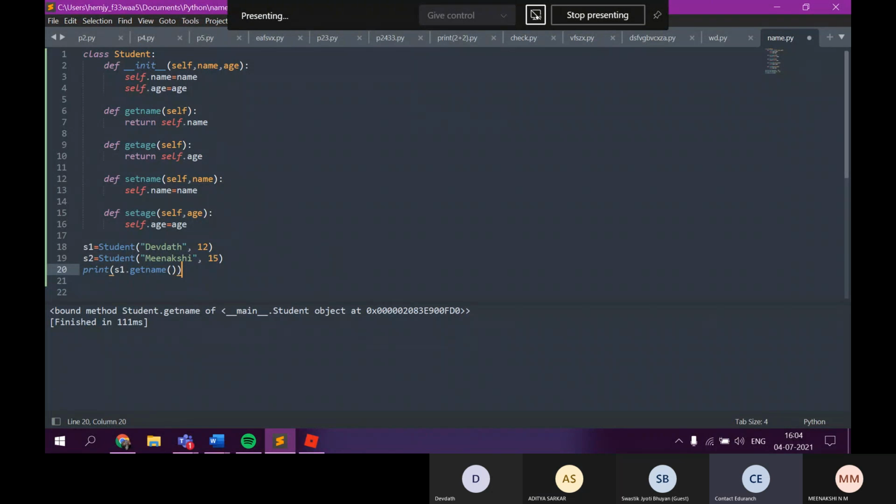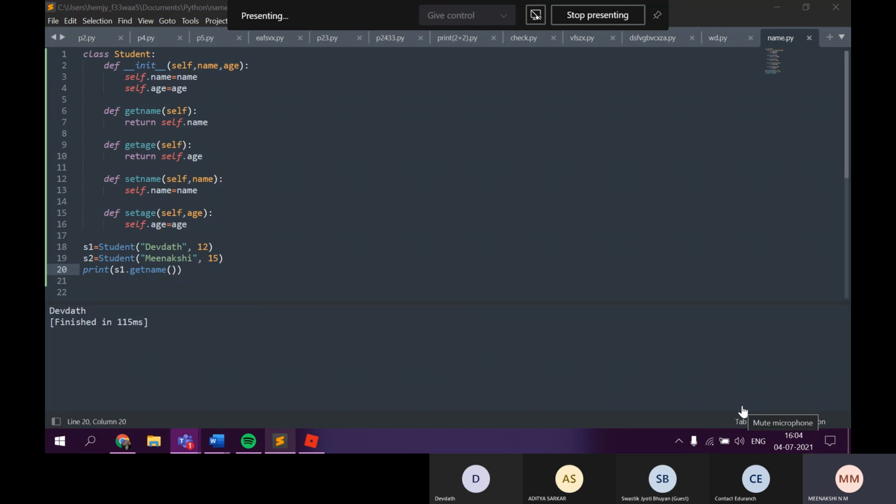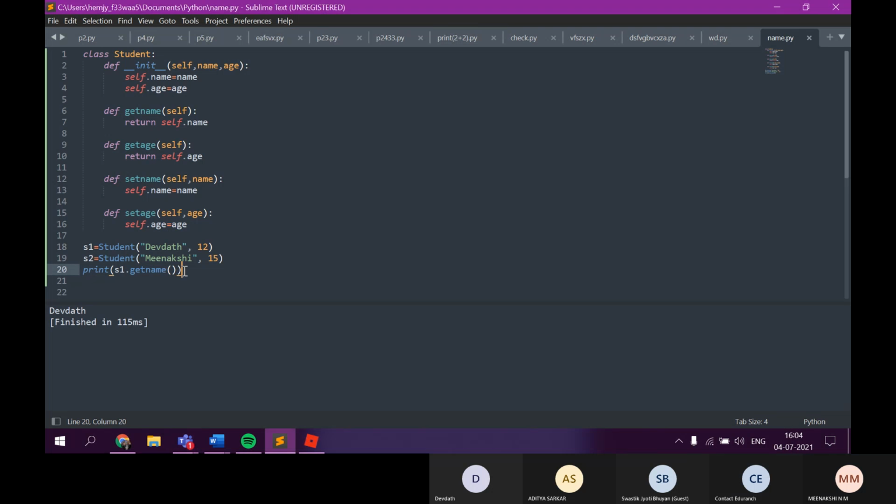Now run. Now call this on object 2. What should I call? Same. s1 dot get name, s2 dot get name.